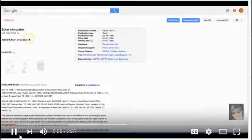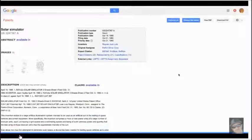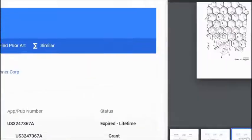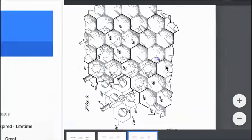Solar simulators. Here's one here at Google Patents. It goes back to 1960. The idea has been around for a long time, quite possibly even farther back than 1960. There's a diagram of a solar simulator patented back in April of 1966. We're going to look at this patent and bring it up to size. If you'll notice, here are these stanchions or supporting bars, which possibly could be what we're seeing